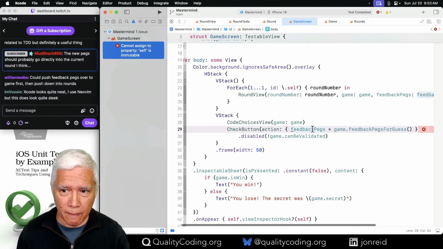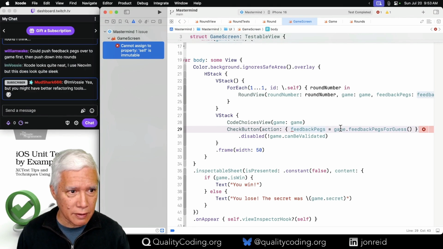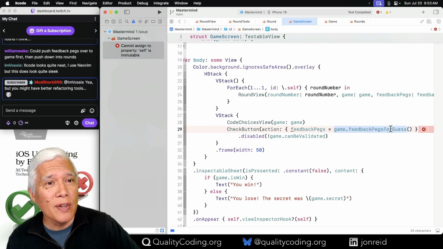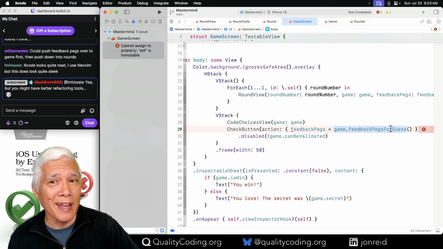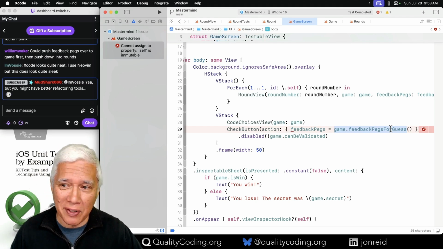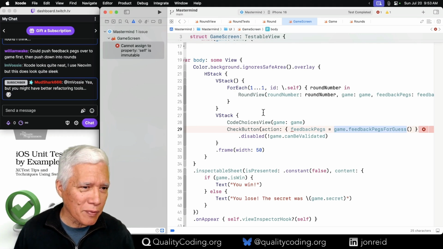What I'd like, yes, Xcode looks really good. They focus so much on the appearance, and okay, it's been a while.